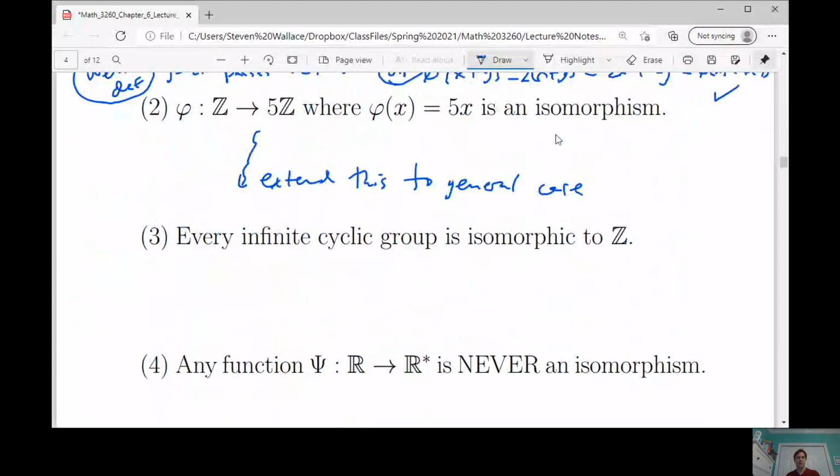Okay, so why don't I just say this. Let's go this way. Let's prove every infinite cyclic group is isomorphic to Z, and then this would be a special case, right? Here I'm specifically giving you the isomorphism. That's the isomorphism. But here, if we have an infinite cyclic group generated by A,